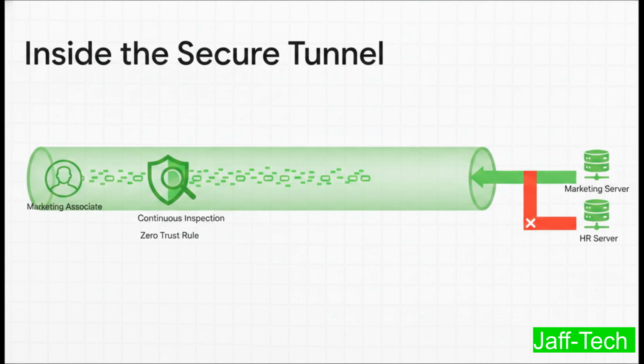And here is where Global Protect leaves those old-school VPNs in the dust. Once you're inside this trusted, secure tunnel, the gateway doesn't just go to sleep and let you wander around. The bouncer stays with you. The gateway is actively and continuously inspecting your traffic for malware as you work. It enforces strict rules on exactly which internal servers you can access. And it limits your apps and websites based entirely on your job role. A marketing associate? Yeah, they aren't going anywhere near the HR payroll servers, even though they're technically inside the exact